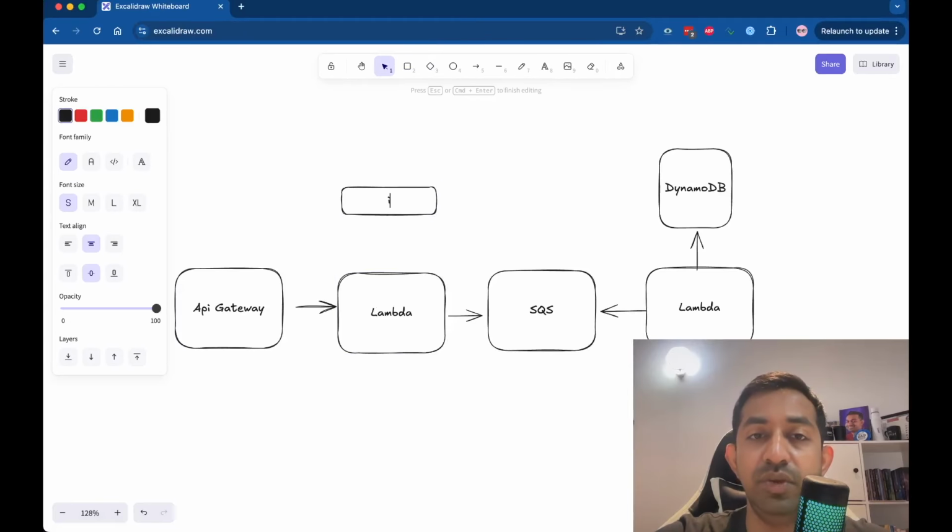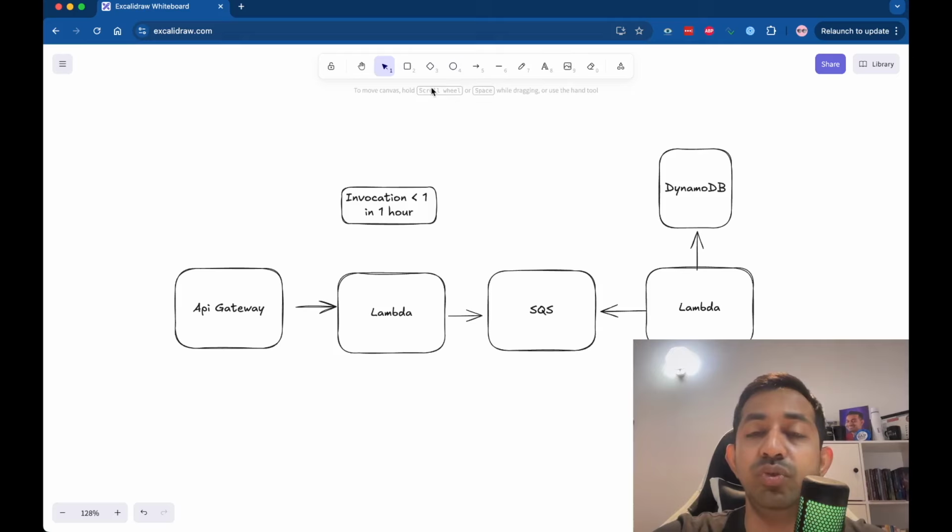Let's say this is that invocation, and we will see if there are less than, I don't know, 1 invocation in 1 hour, right? Then you should be alarmed. So what we do is we will publish,